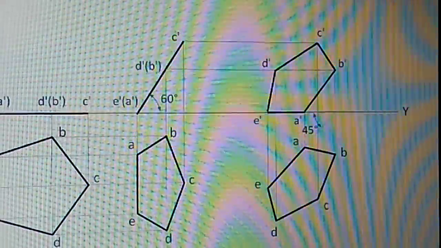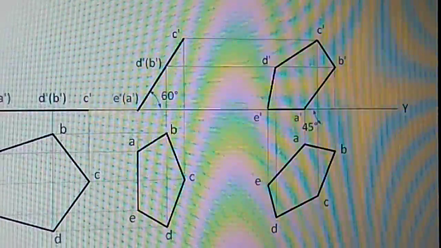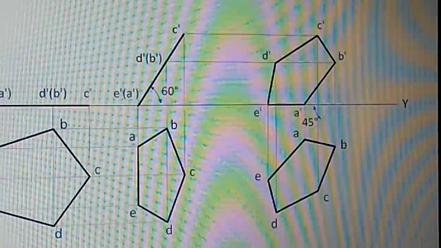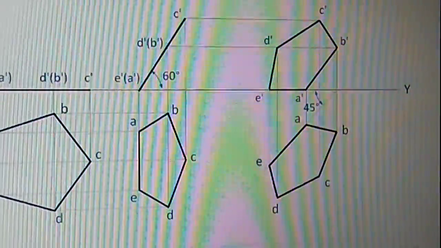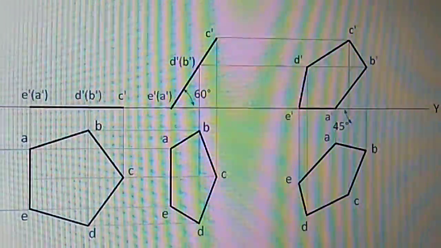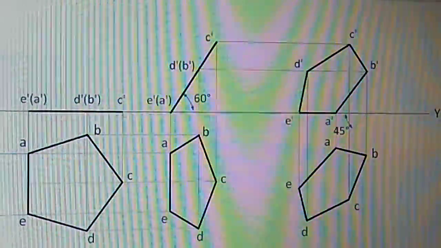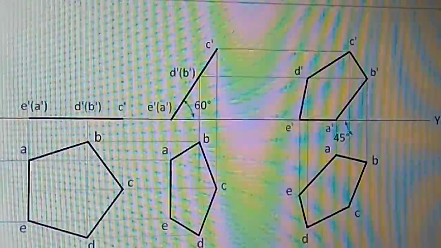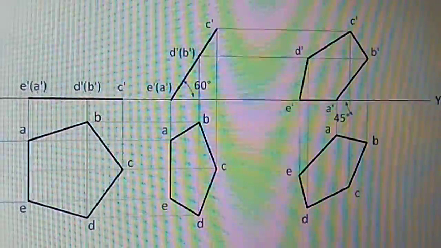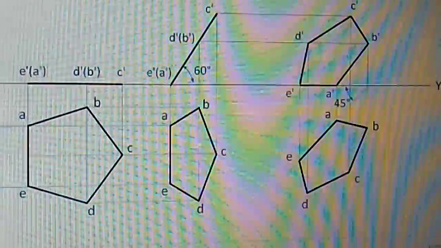Likewise, we are going to draw the pentagonal lamina resting on HP, of side 25 mm. So the main thing here is where we are going to concentrate. The given lamina makes an angle of 60 degrees with HP, means you have to take it above the XY line at the second position, and makes an angle of 45 degrees to VP, means you take it below the XY line. Likewise, you have to practice. Okay, if you have any doubts, please call me and I'll clarify your doubts. Thank you, one and all.